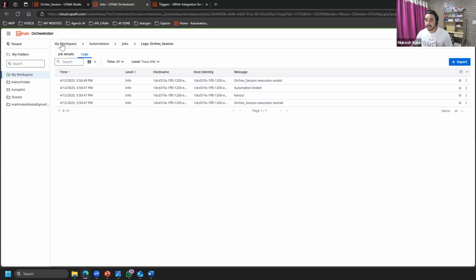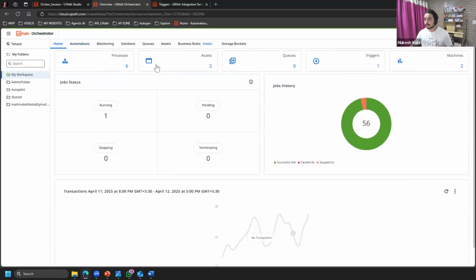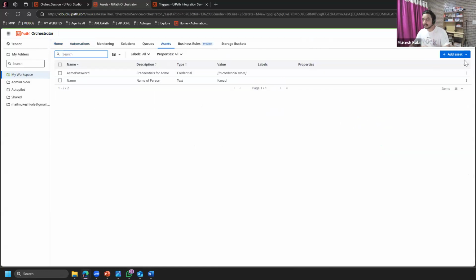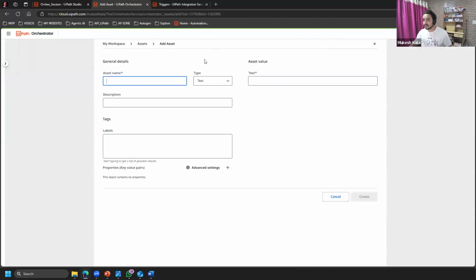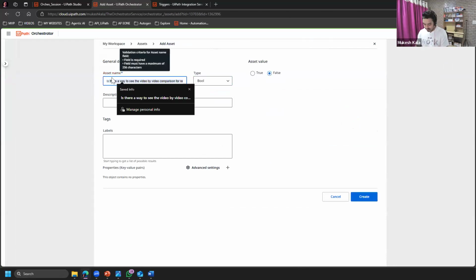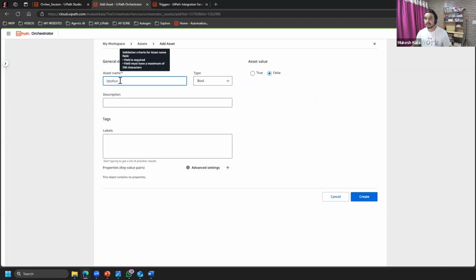And now let me show you the other stuff, right? In asset, add asset, create new asset. You can have an asset of type Boolean, which is like true false, right? So true false is something like a value which is true or which is false. There is a piece of code in your automation which sometimes you want to run and which sometimes you do not want to run. So for example, there is a feature where you have to send a report at the